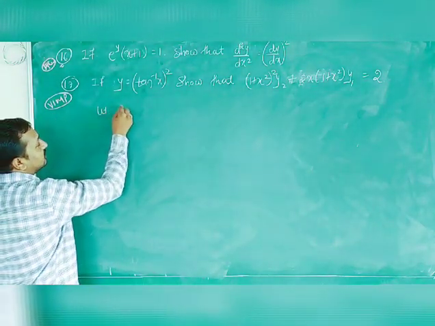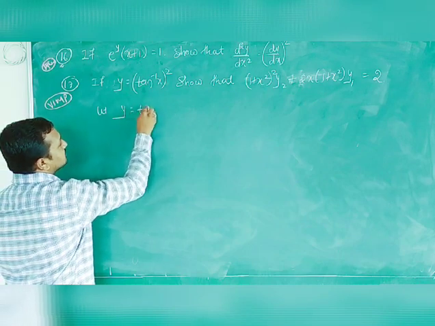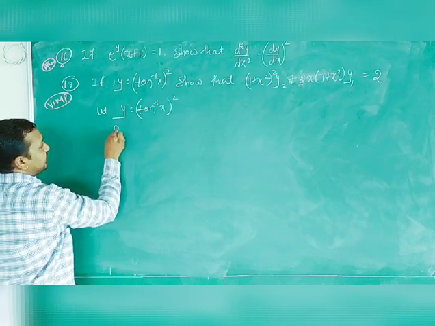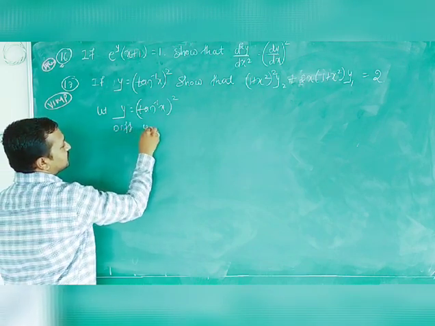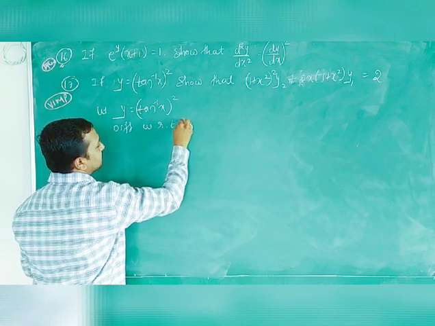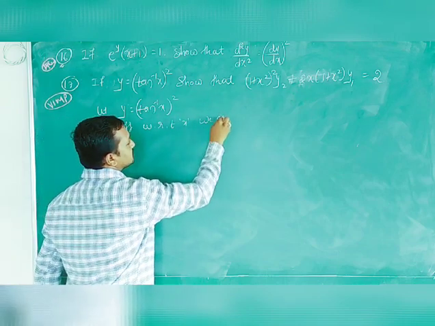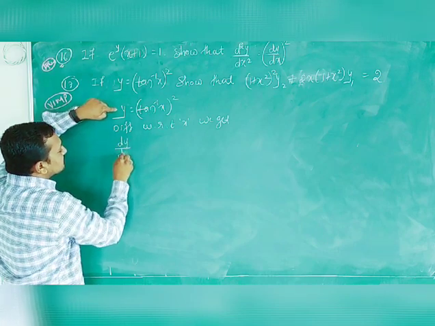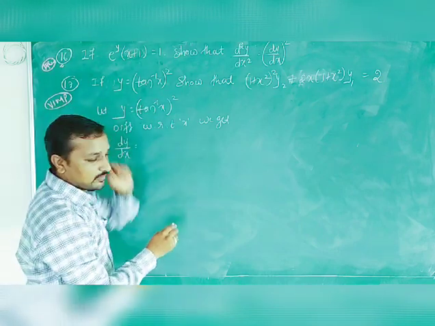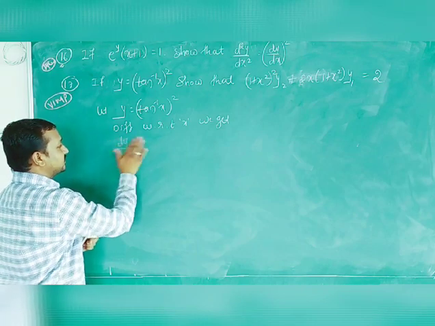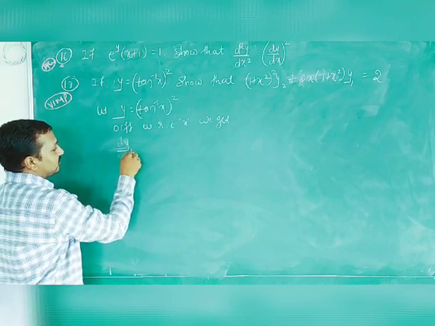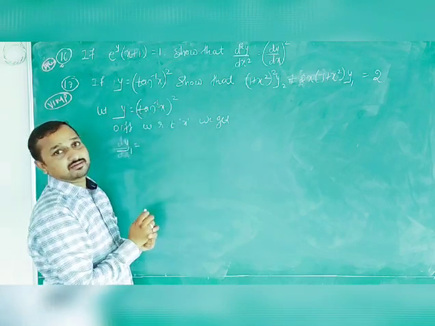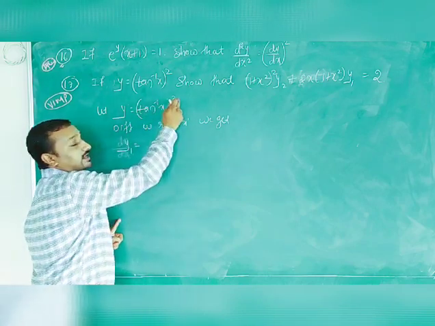Let us consider y is equal to tan inverse of x its whole square. Okay, differentiate with respect to x. With respect to x we get, first of all you can write dy by dx, which we write as y1. So y1 is equal to, here first of all this is of the form tan inverse x whole square, which is of the form x square.